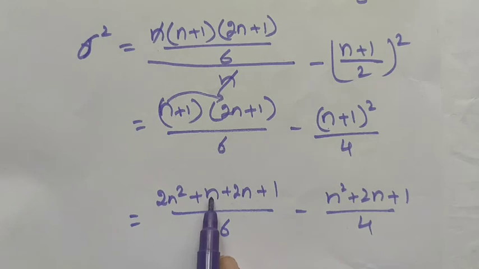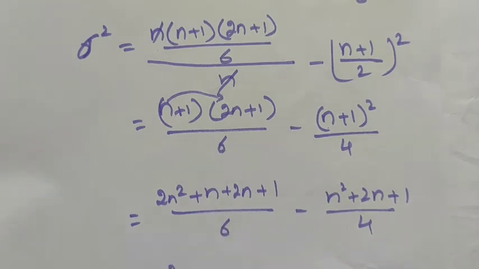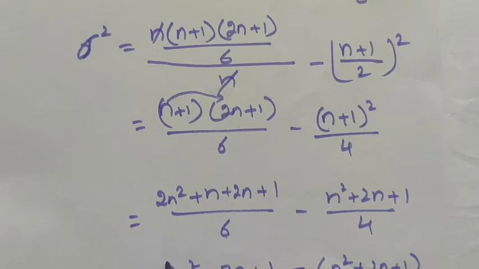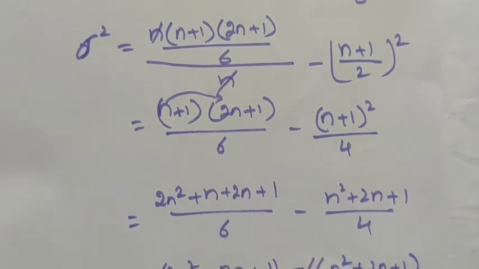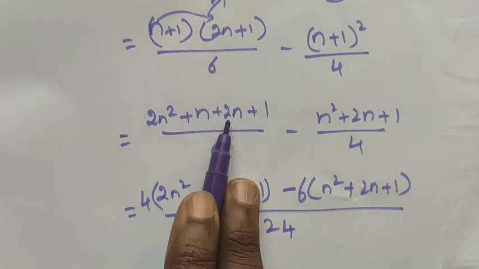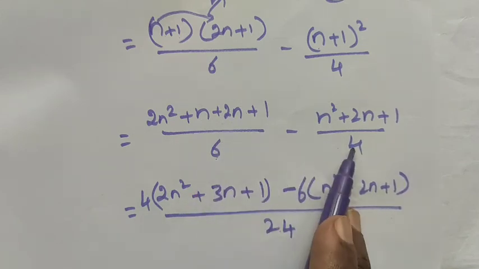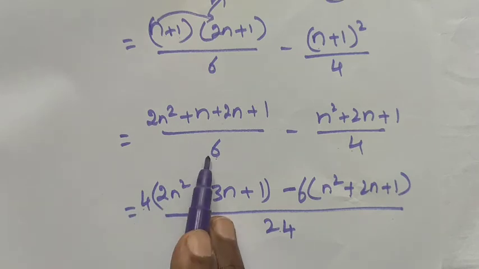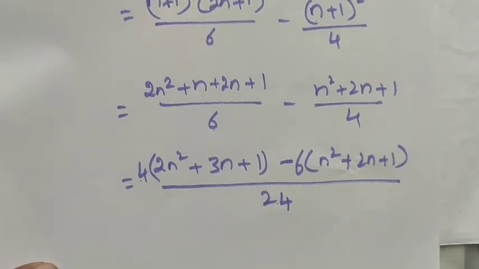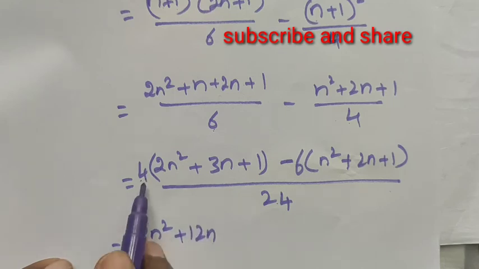Now n plus 2n is 3n, right? So 2n square plus 3n plus 1, minus n square plus 2n plus 1 whole, divided by 6 4s are 24. Here I add these two terms and take the LCM, 6 4s are 24, and then cross multiplication: 4 is multiplied with this term, and 6 is multiplied with this term. Now multiplying 4 and 6 inside, we get 4 2s are 8n square, 4 3s are 12n, 4 1s are 4,